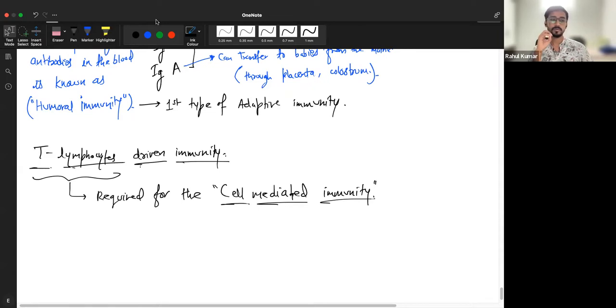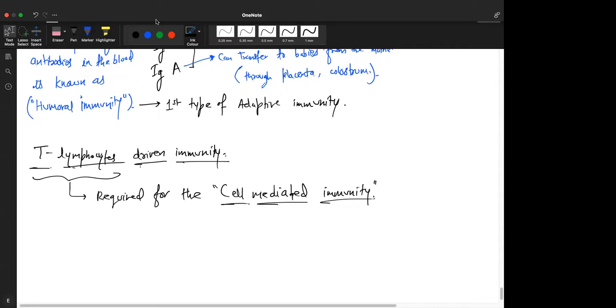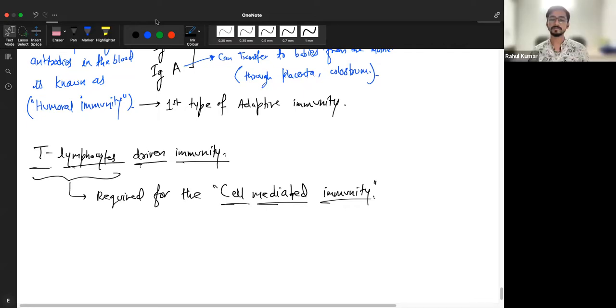Why are they called universal donors? They can donate to any blood group. Why can they donate to any blood group? They do not have any antigen. Exactly. Neither do they have A, nor B, nor Rh.